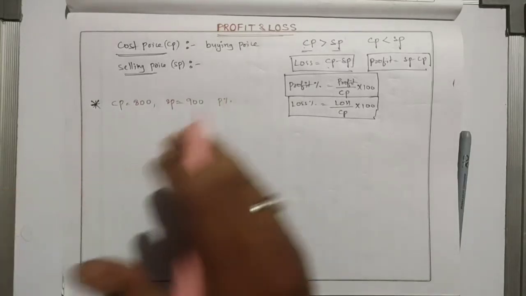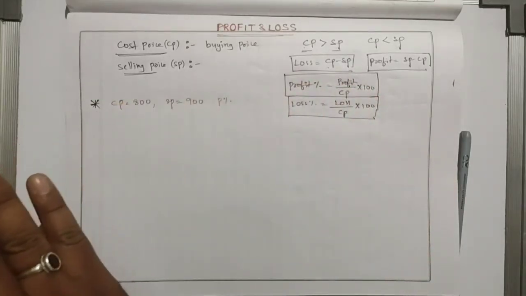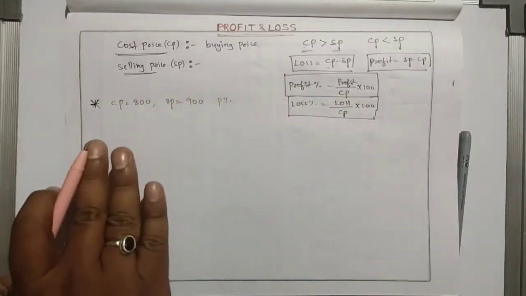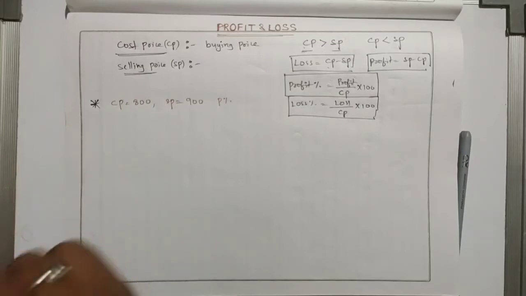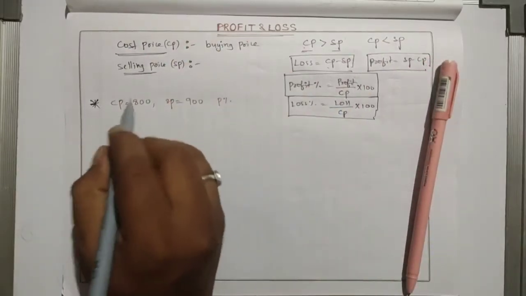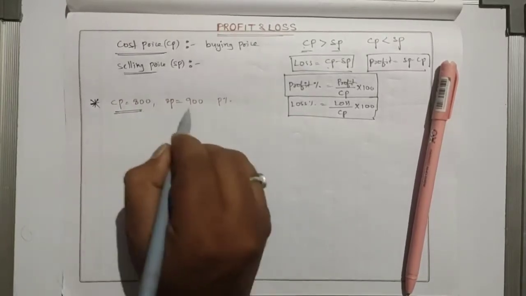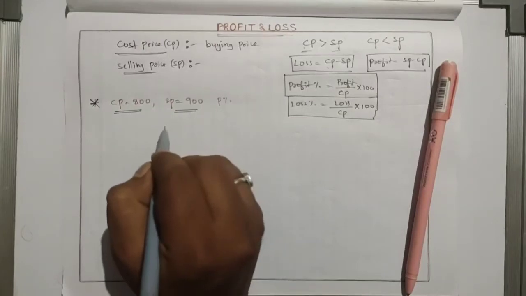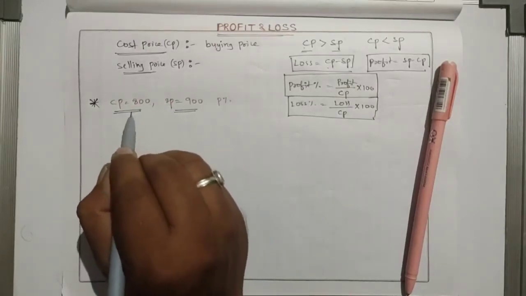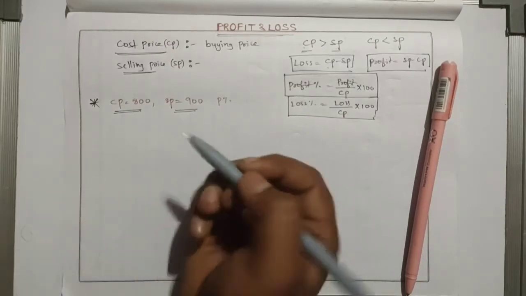Without using the formula also we can solve this problem. 99% don't go for the formula. You can find the answers without using the formula also. So how I will explain here. What is given here? A merchant bought the article at 800 and sold at 900. Here the selling price is more than the cost price, so obviously we get the profit only. And we are asked the profit percentage.